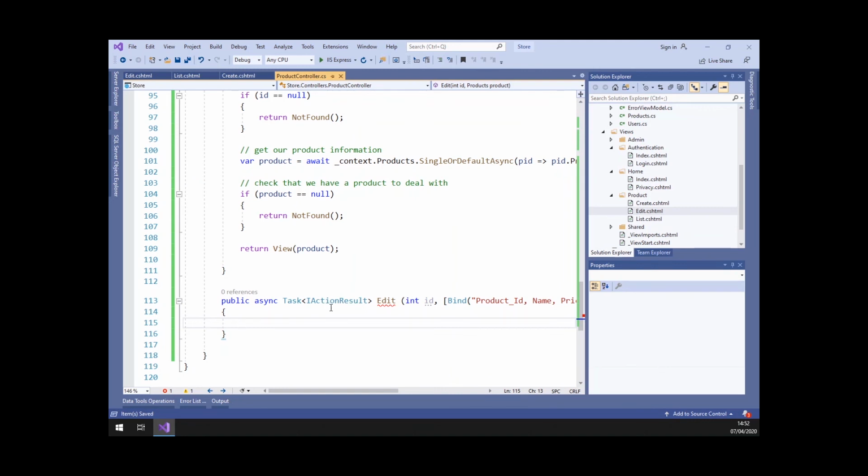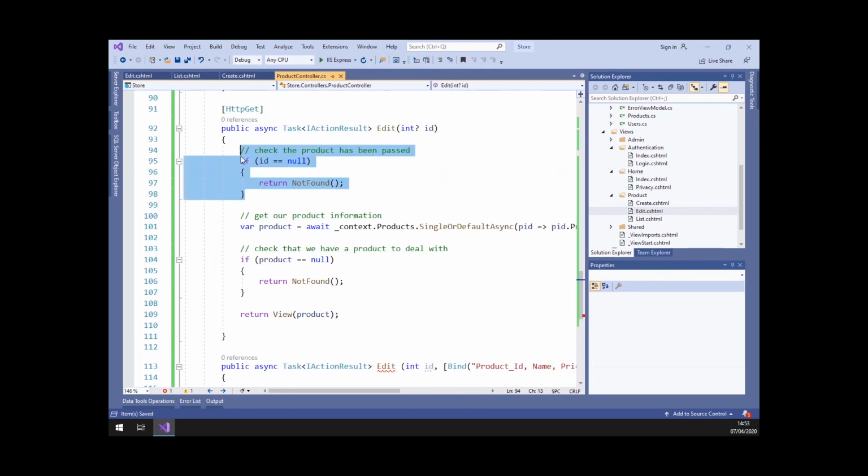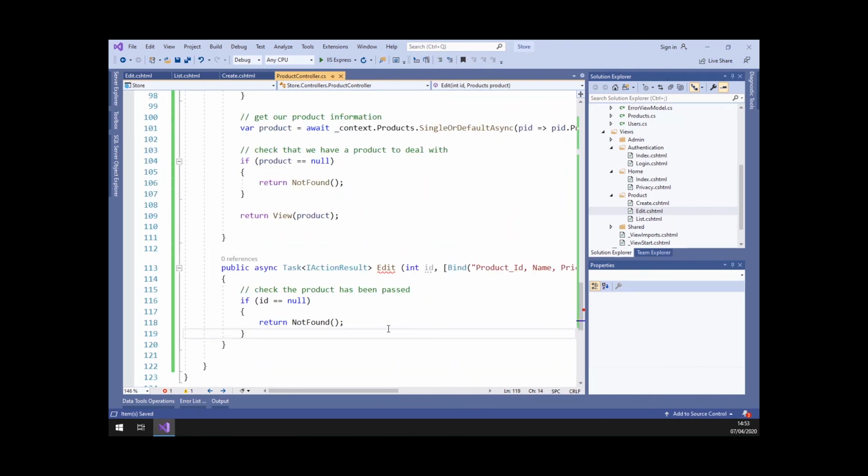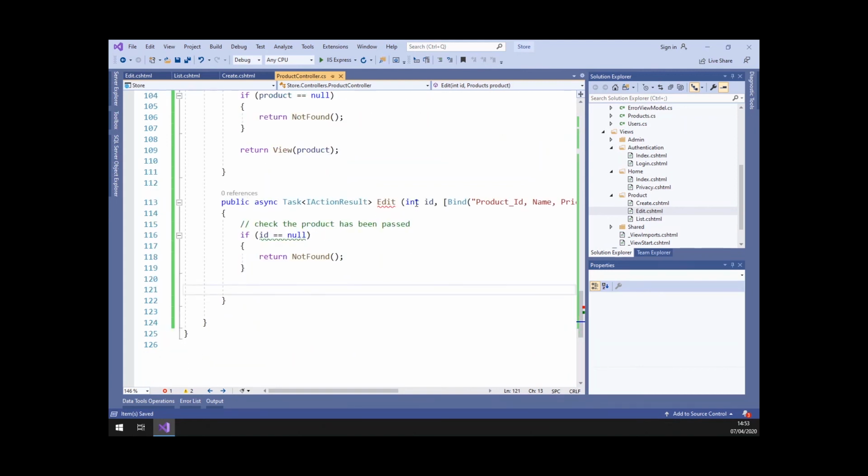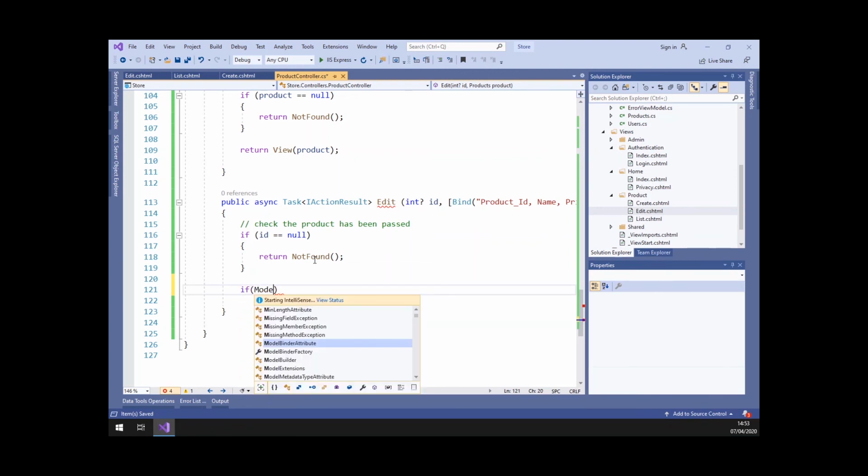So inside here I'm going to check to make sure I'm getting an ID being passed in again. So the first thing I'm going to do is just grab this and paste it in, save me typing that out. Next thing I'm going to do is check that my model state is valid. So that means that what I'm trying to put into the model is what's accepted. So I'm going to start with an if statement. I'm going to say model state dot is valid,